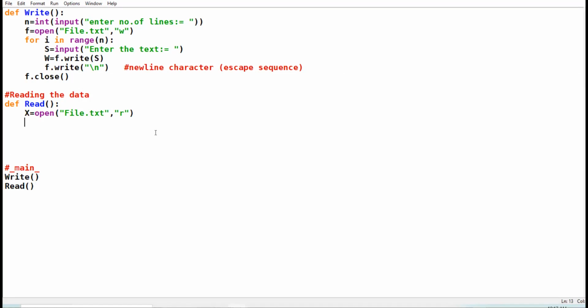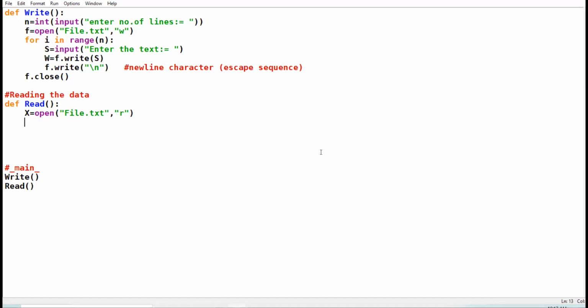Now the question is, I have some data in the file. I want to create a function which should read the data and display the occurrence of the word this.